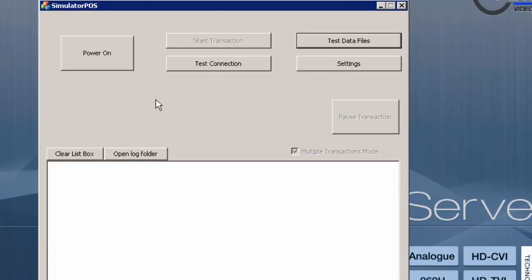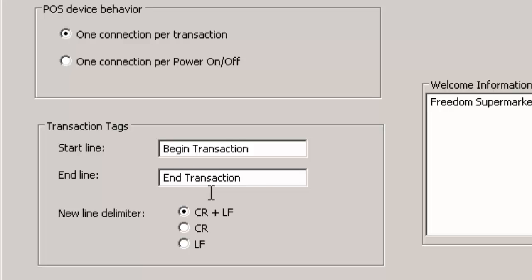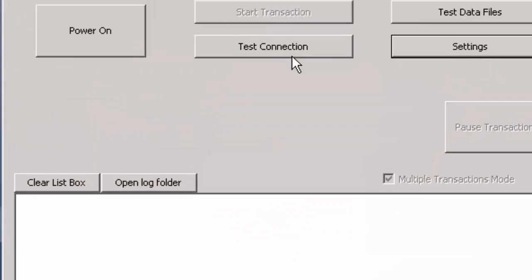And let's just launch our POS simulator, and I just want to go into settings first, and they are correct as before. The server address is actually the same address, so it's the same computer, so we're using the loopback address 127.0.0.1 with the port of 5959. And as we've said before, we've used begin transaction and end transaction as the signifiers that separate transactions, so I'm happy with that. I can test the connection,